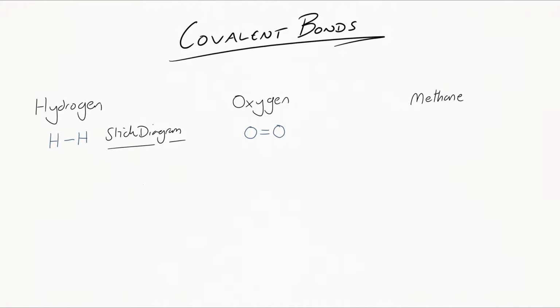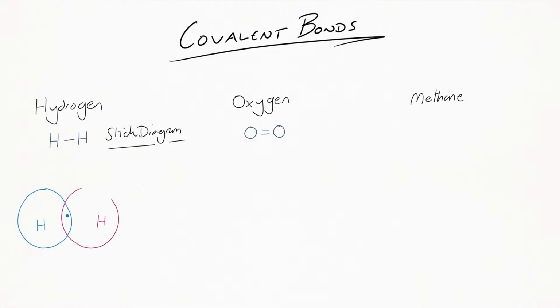If we start by drawing the hydrogen molecule itself, we start by drawing the hydrogen nucleus, its outer electron shell, and its single electron. We can see that this hydrogen is not stable. It would like to have two electrons in its outer energy shell. How does it do this? Well, it does this through a covalent bond. If we draw another hydrogen here,